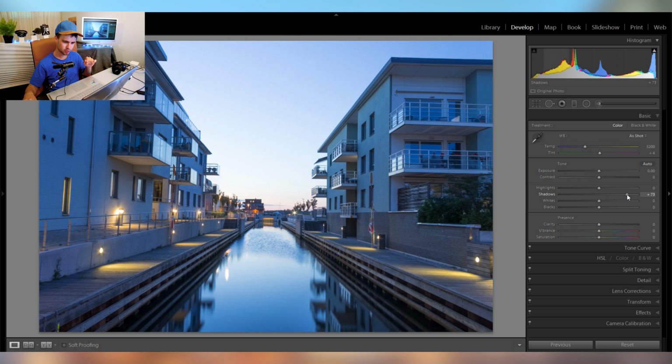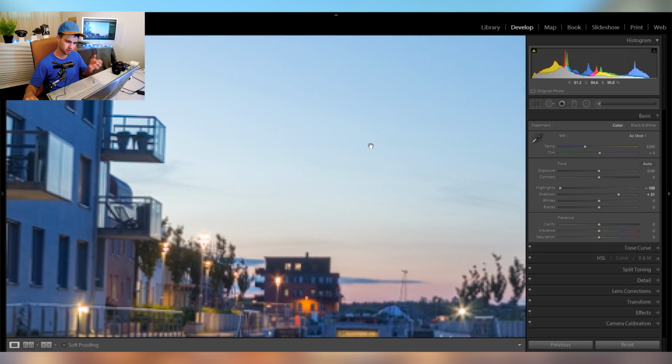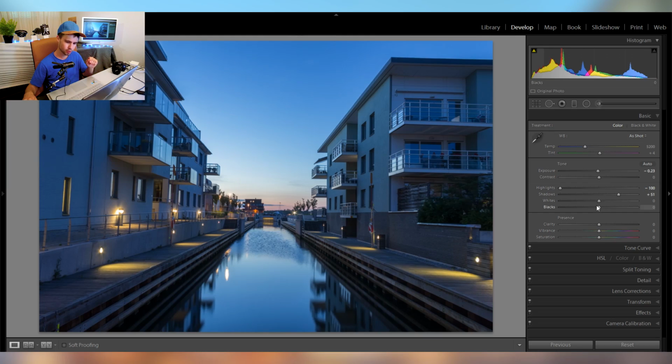By bringing up the shadows by a little bit, nothing too crazy, maybe just like 50. And also bring down the highlights all the way, 100, because I really want to have all of this color and detail in the sky. Furthermore, I think I'm going to make this entire picture a little bit darker and really rely on the local adjustments later on to make it look how I want it to look. But also, I think I'm going to bring up the whites so there's at least a little bit of punch in